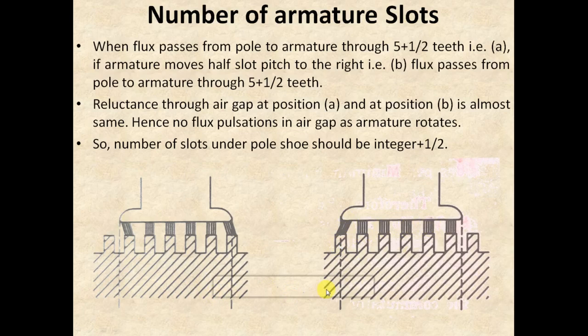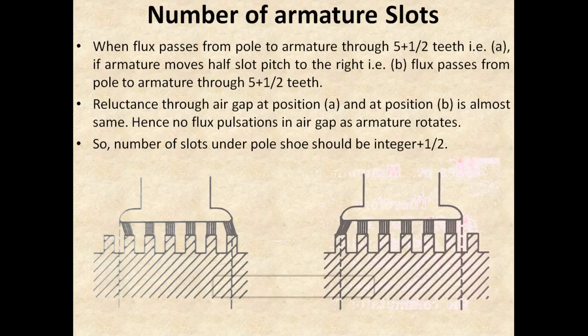So it's very clear that in both these cases, even after the armature is rotated towards the right by half a slot pitch, the flux passing from this pole shoe to the armature remains the same. That is, there are no flux pulsations, as there is no change in the reluctance when comparing these two cases. So we can have the condition of no flux pulsations in the air gap while the armature is rotating if we choose the number of slots under the pole shoe to be an integer plus